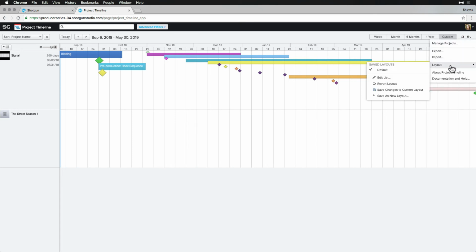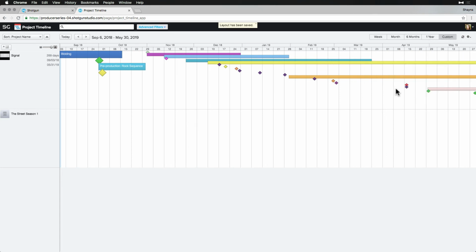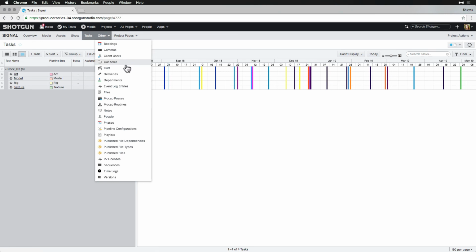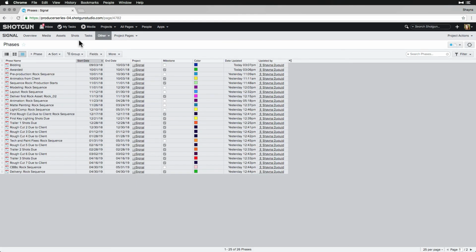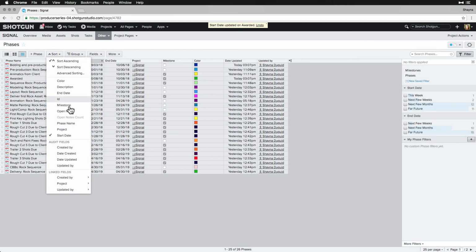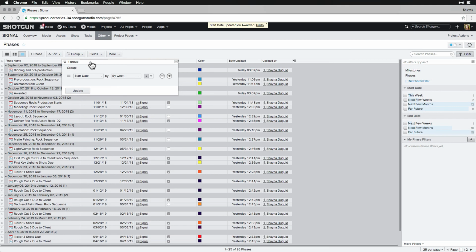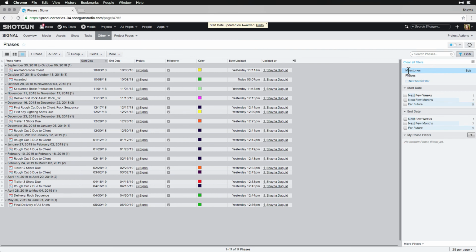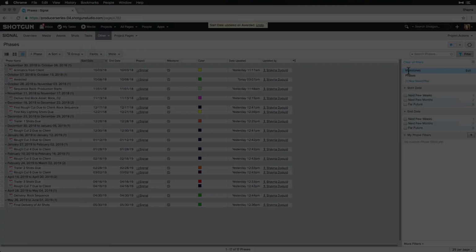And later, we'll see how the phases and milestones we just created in Project Timeline can be seen from the task app. Phases and milestones are stored in the phase entity, meaning that we can view, create, update on a list view page rather than in the Project Timeline app. I mention this since sometimes it's nice to be able to sort, group, update, or see information in another way. All updates made here connect directly to Project Timeline. This information is also handy for developers since phase records can be accessed via the Shotgun API.